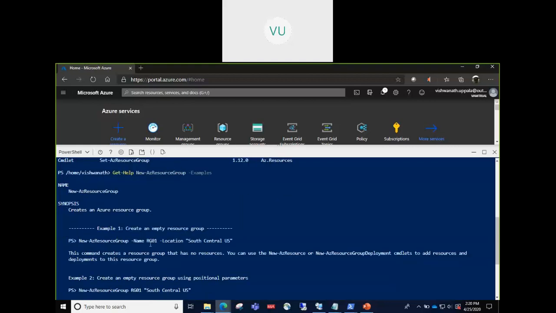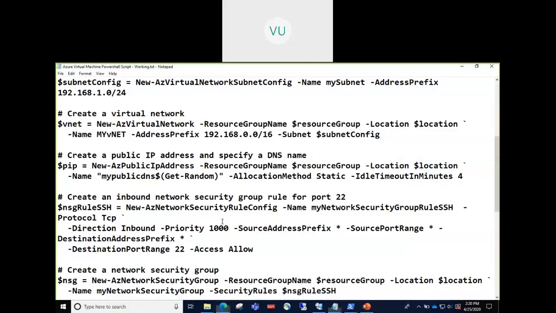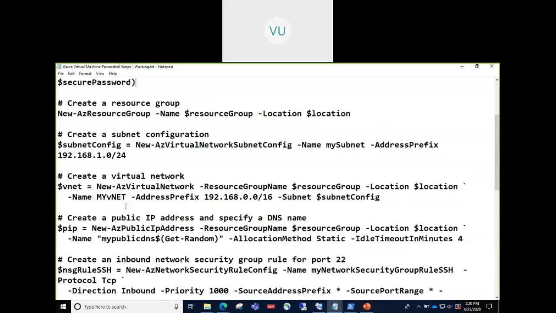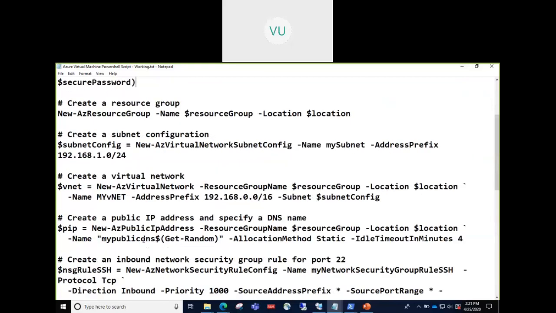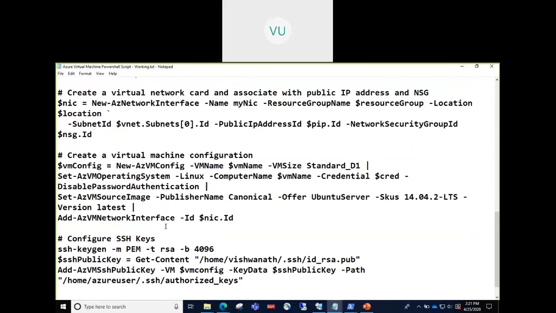The get command and the get help, you will get those examples here for each individual command. But then you have to stitch all these individual commands in a sequence to create your Azure VM. Again, for that also you will have something in the repository. But to make modifications to that script, you need to understand what it is doing from top to bottom in the sequence, and what each command is doing exactly.